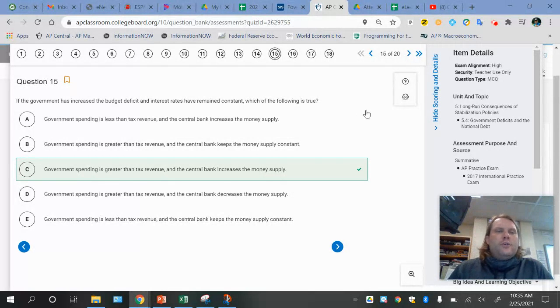All right, we've got an increased budget deficit and interest rates are constant. Which of the following is true? All right, so our budget deficit means our government's spending more money than they are bringing in tax revenue. So government spending is greater than tax revenue. We've got three options so far. Now, assuming that when the government borrows more money, it's going to